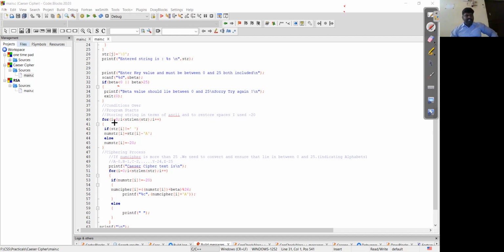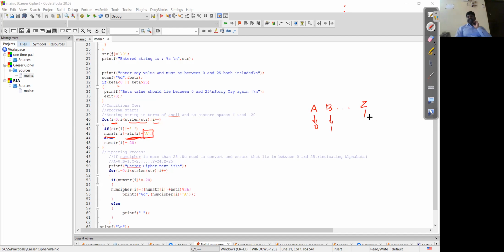So for every character which is present, for i is equal to 0, for all the characters in the given string, i plus plus, what I'm going to do is take num str, which is the number string, i is equal to C. I assume that all my characters should lie within capital A, capital B till capital Z. So whatever value I get, the string value str of i, from that value the ASCII value of A can be subtracted, so that it is assumed that my A value is 0 and B value is 1.